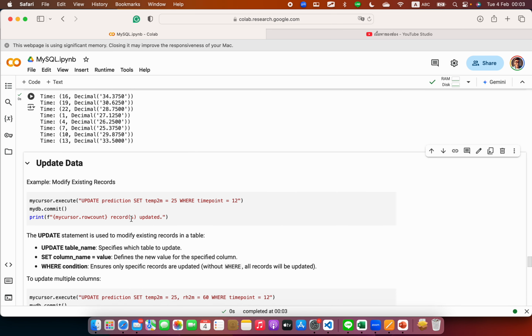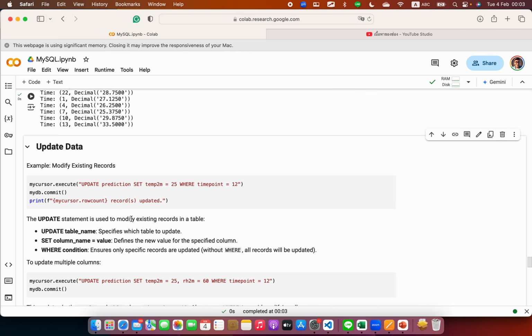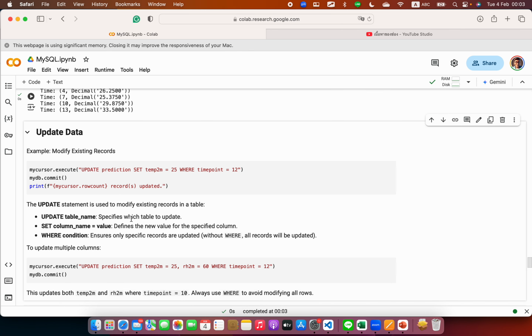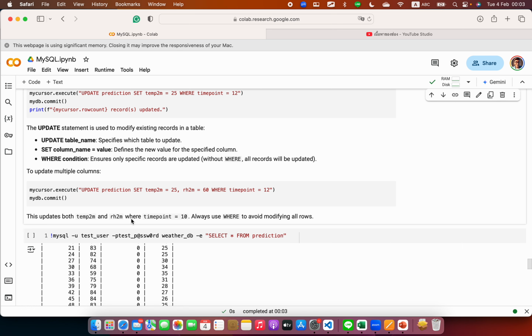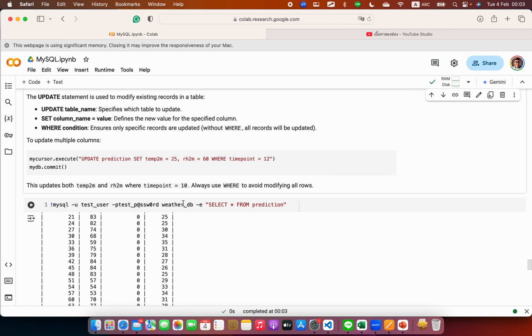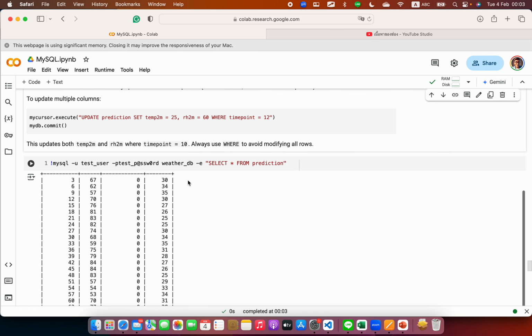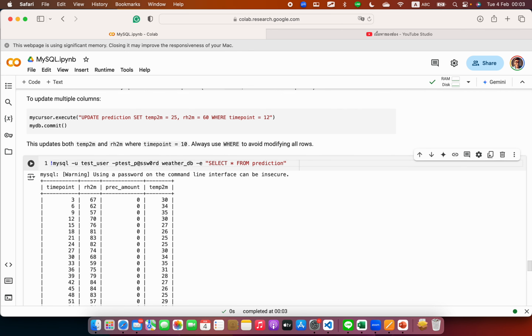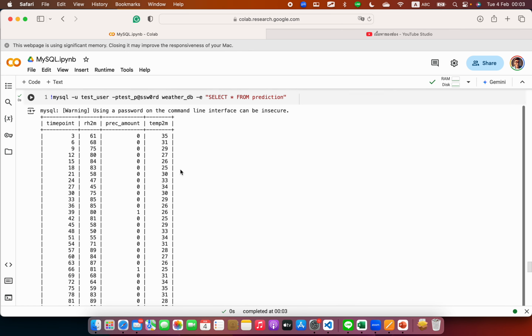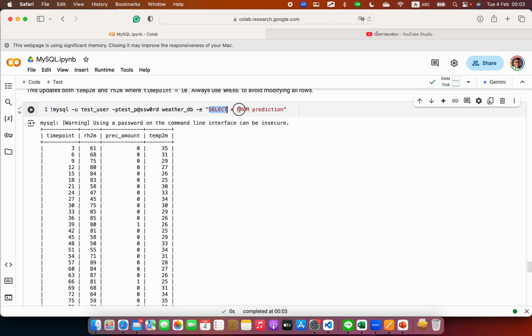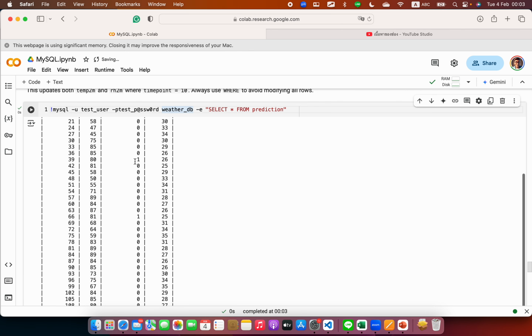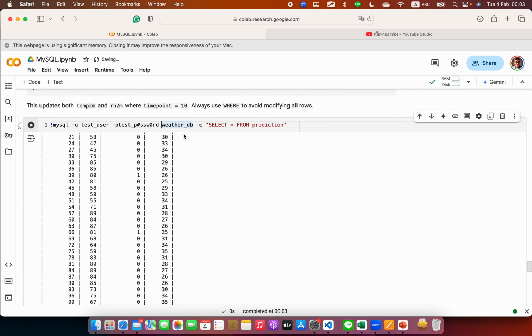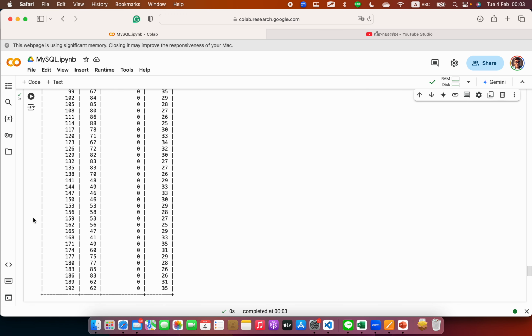Okay, so we have another two things that are not so long, so I combine all of them in this video clip. This one I will choose: I show all data, select star from prediction. Okay, MySQL, so this one is the statement, right? And then you can choose the database in the command line, and then